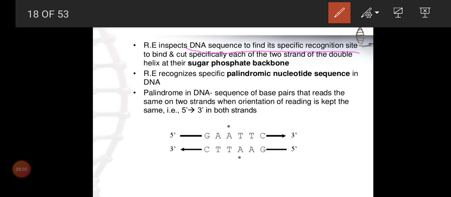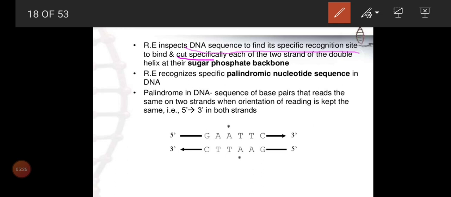Now look at the slide. Recognition site. What is a specific recognition site? Which area they need to cut, that area only we can call the recognized site. How is it able to find the recognition site? That is only match to match, shape to shape matching. So along with this restriction endonuclease, whichever DNA sequence base pairs match, there only it will wrap around it.